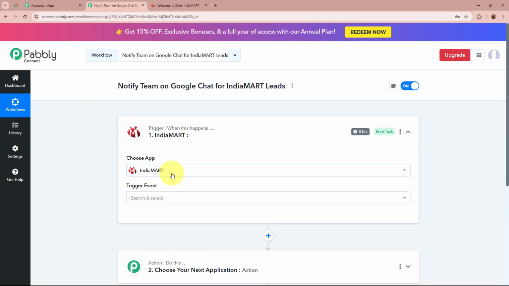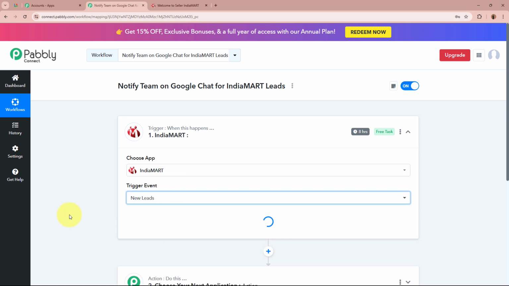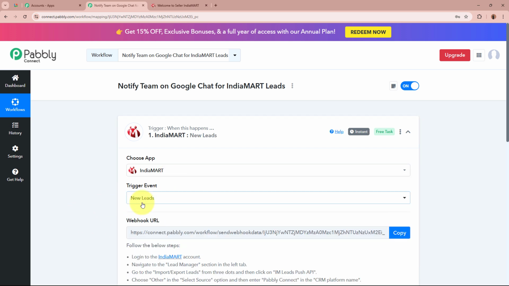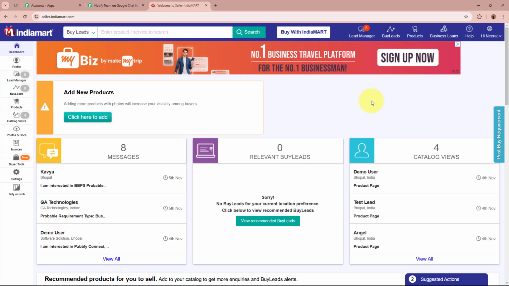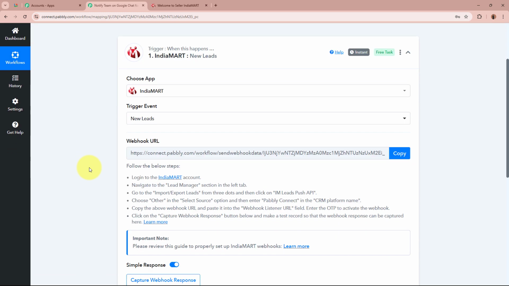That is why for the trigger application, I am going to select it as IndiaMART. And for the trigger event, I'm going to select it as new leads, as whenever a new lead is going to be generated with the help of IndiaMART by the potential clients, automatically and instantly Pabbly Connect should capture the response of that. After selecting the trigger application and the event, you can see that Pabbly Connect has provided us